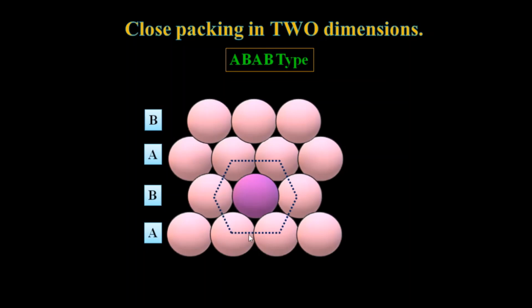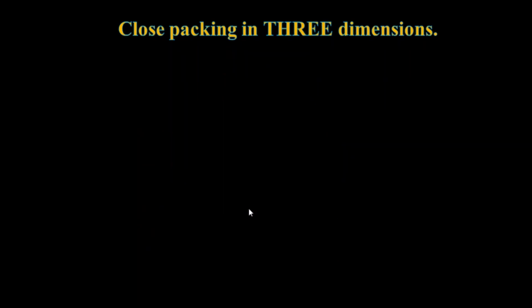Why is it called hexagonal close packing? The answer is that a hexagon is formed when we join the centers of the neighboring or closest spheres. In this type of arrangement, each sphere is in contact with 6 other spheres around it, shown by a hexagon obtained by joining the centers of the 6 spheres, like this. Hence, the coordination number of each sphere in AB type of arrangement is 6.